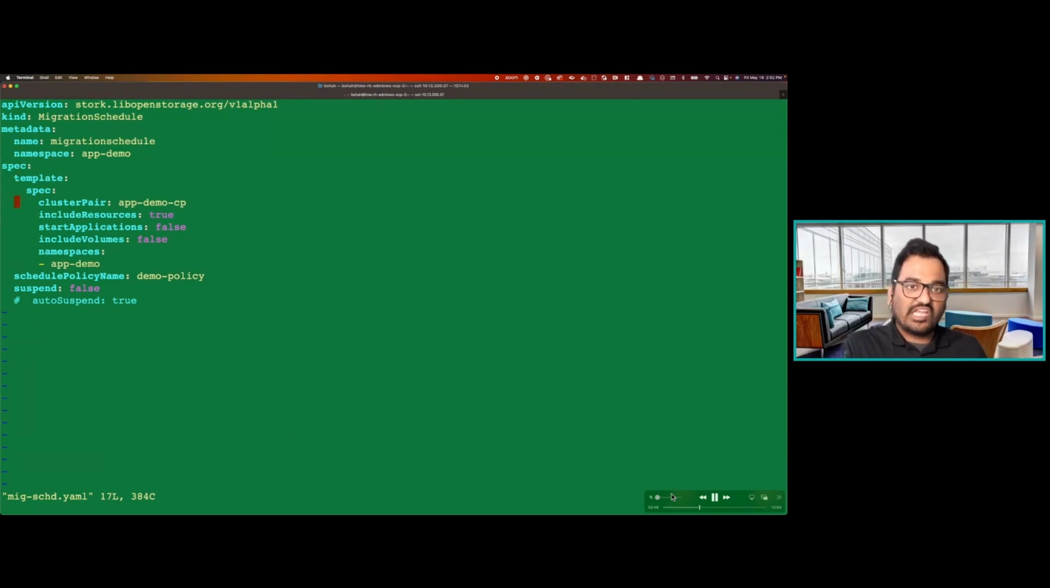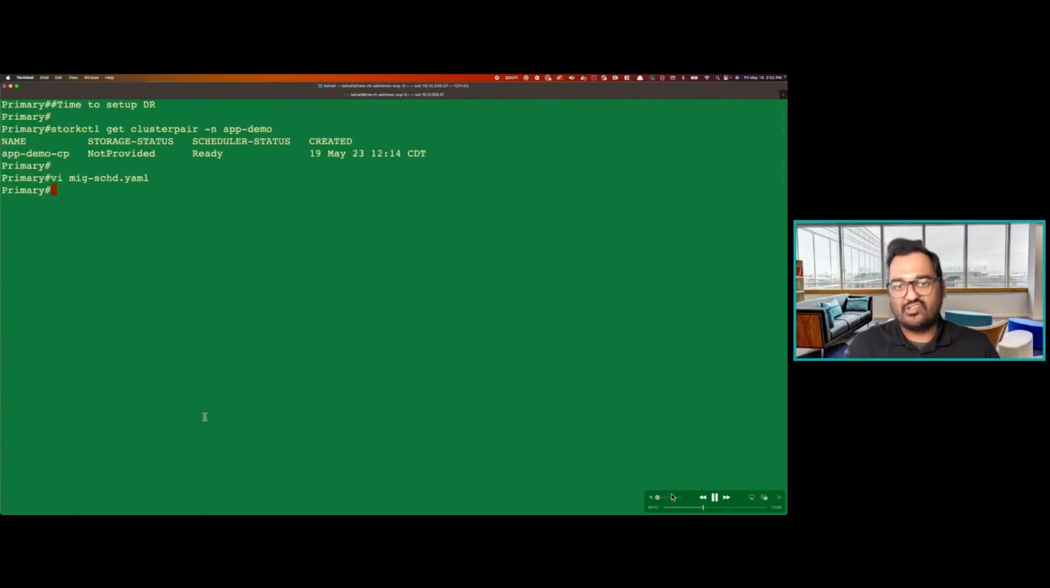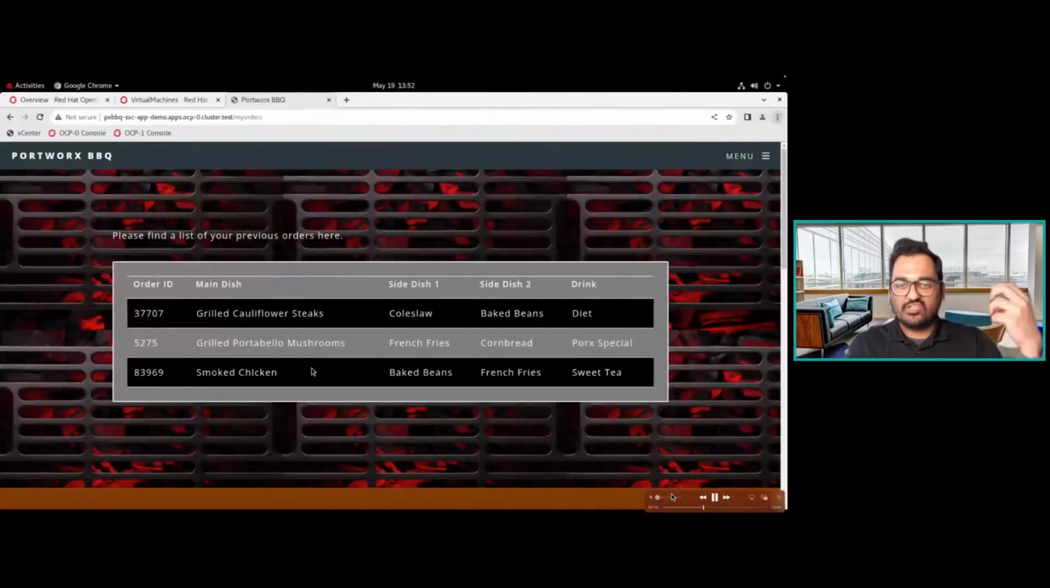You specify the namespace where your application is running in. You select the cluster pair object, which is something that is like a pre-step to doing this. Cluster pair is basically a trust relationship between primary and secondary cluster. And then you tell us whether you want to include all resources, whether you want to include volumes. Volumes is set to false because this is sync DR, and we'll handle that replication at the storage layer. And then we'll follow the demo policy as the schedule policy